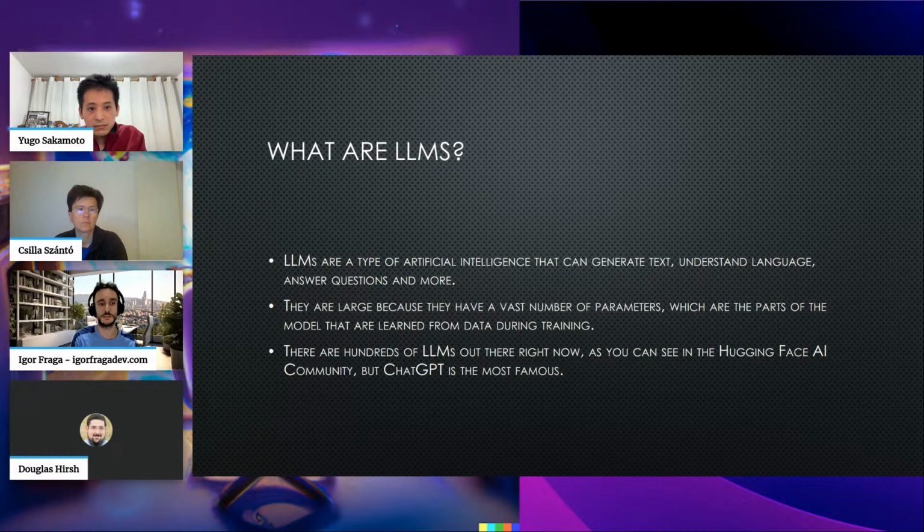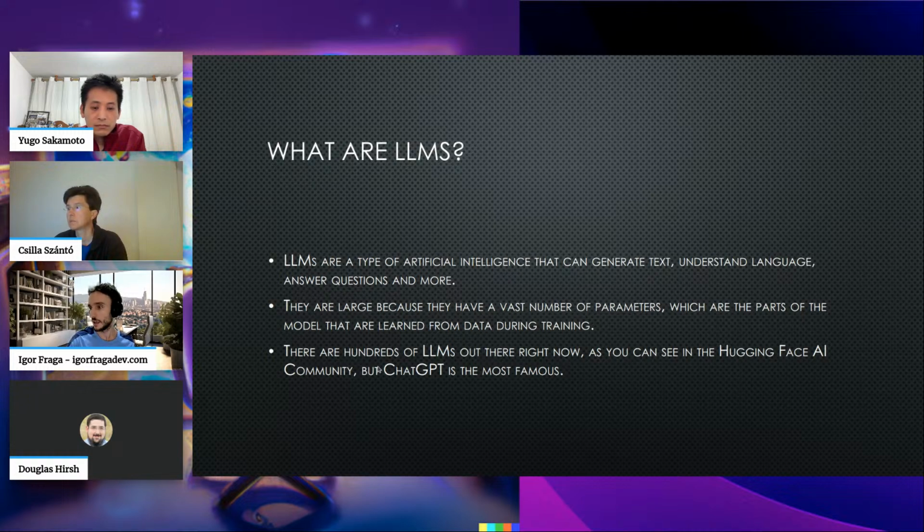We do know that ChatGPT transforms what you say into text, it transcribes it very well at least, and processes it. But Gemini, I think it's not even transcribing it anymore. It's processing it in real time. This will be evolving even more every time. And LLMs, they are large because they have a vast number of parameters, which are the parts of the model that are learned from data during training.